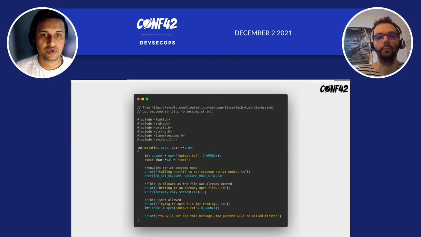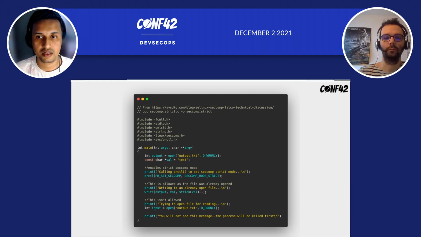Here we can see that we are opening a file in write-only mode, and then in the next line we activate seccomp. After activating that, we try to write to the existing descriptor. But the next step is trying to open the file in read-only mode. But you can see that the program after